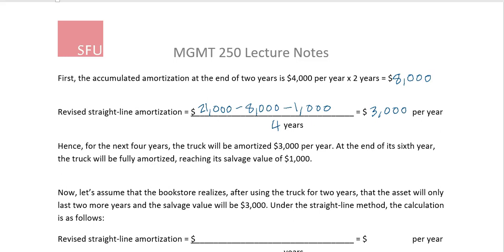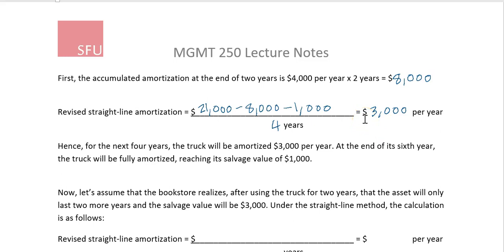So this is how your calculation should look. You have 21,000 as your historical cost, 8,000 which has already been amortized, and the salvage value remains unchanged at $1,000. We have an extra year added, so remember that we're at the end of 2 years, so we originally had 3 years left, 5 years total for the truck. Now, since we've added an extra year, there's 4 years left, so the truck will last a total of 6 years now. So going forward, our rate will be